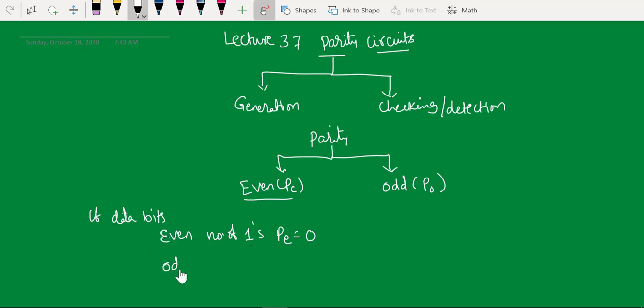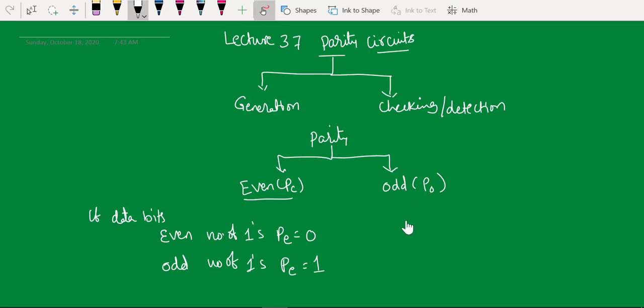If data bits are having an odd number of ones, you're going to have the parity bit as 1, so that the total number of ones in the given stream will be even.